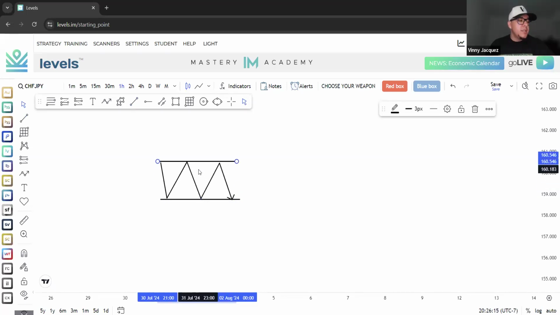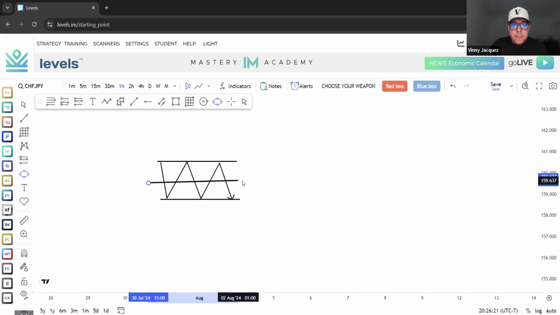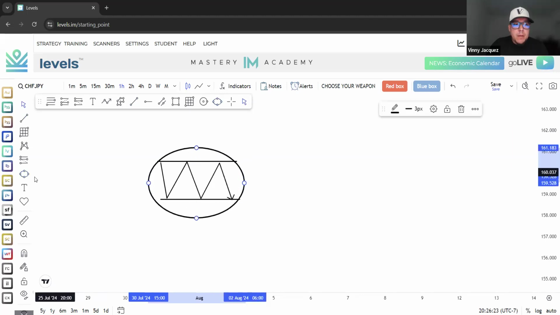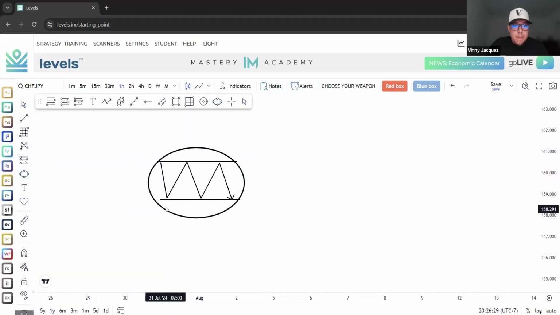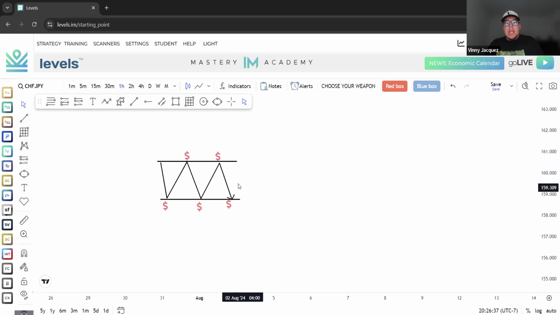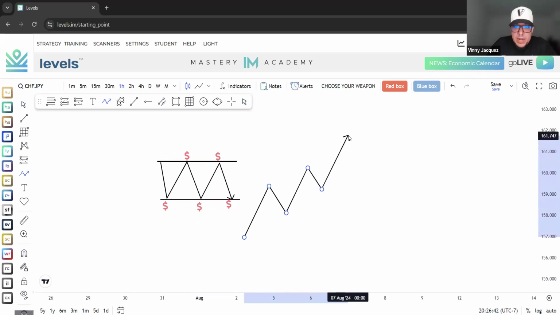Now, what is consolidation? Consolidation is liquidity. Again, when you see the market moving sideways like this from left to right, there is money being built in right here, right? The banks are letting people buy at support, sell at resistance, buy at support, sell at resistance, buy at support. Now, again, if the market is going up, right? If the market is going up,